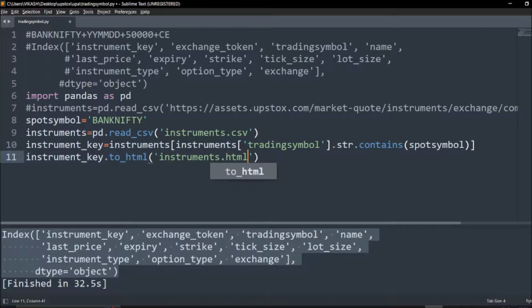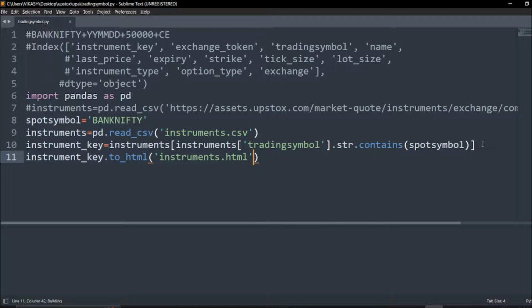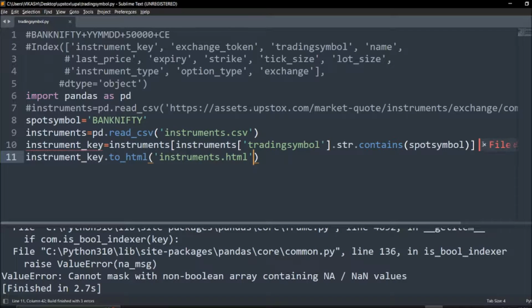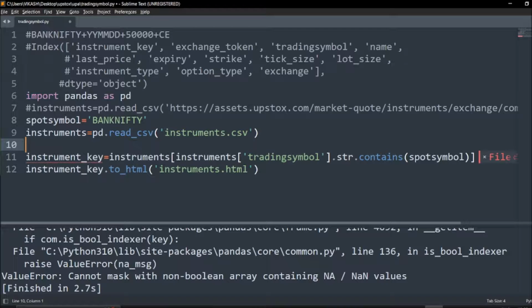Instruments.html. Okay, and we can keep index equals false, but I think it is not required. So whatever the... I think one more thing is there, which is very much important. Only getting with this sorting method, you will get a NaN value. To avoid this, you just follow this syntax, which is instruments of trading symbols. So this is important. Without this I think this sorting is very much difficult,